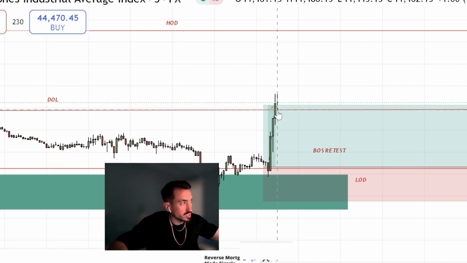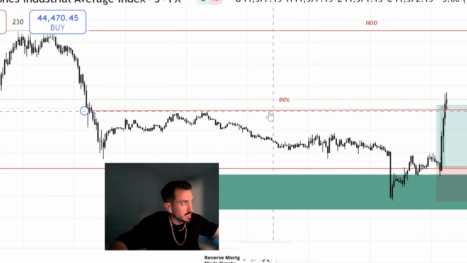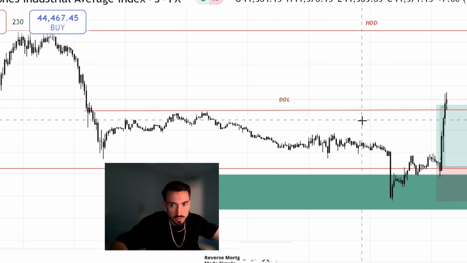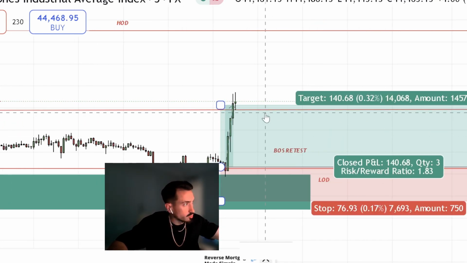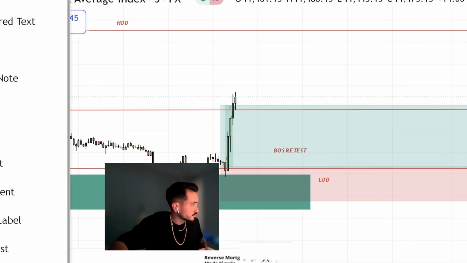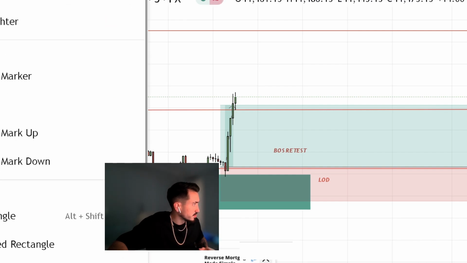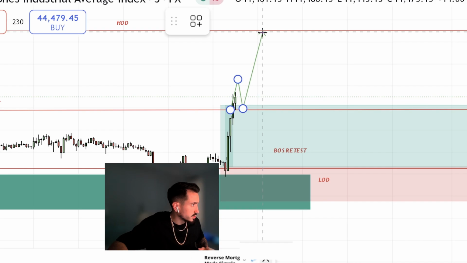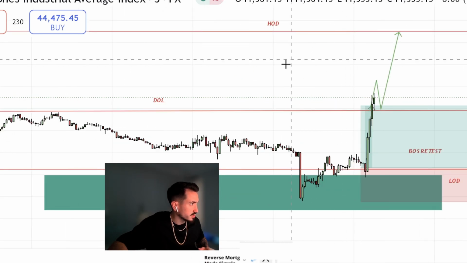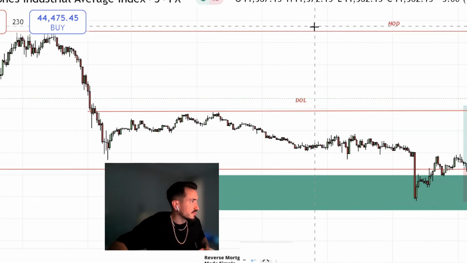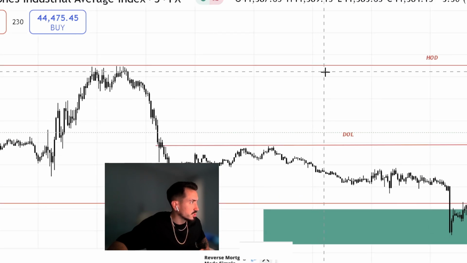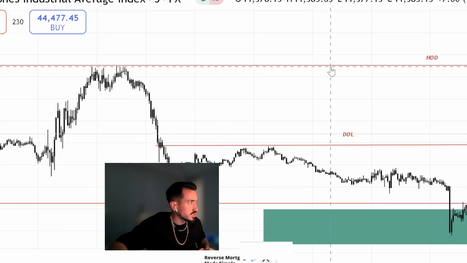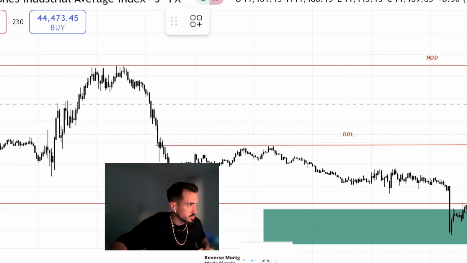You would want to see how price reacts here. Now, this is a key level within the daily lows and highs right here. So at this moment right here, you could potentially be looking for a retest as well. It's another example. A retest as well to the upside, targeting the last daily high. And then the high of the day here could also potentially be a short position